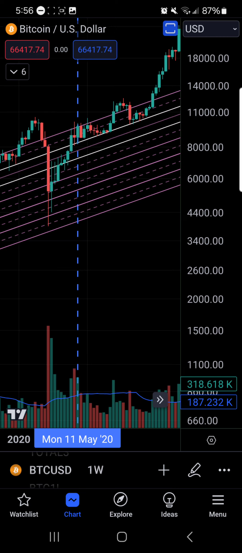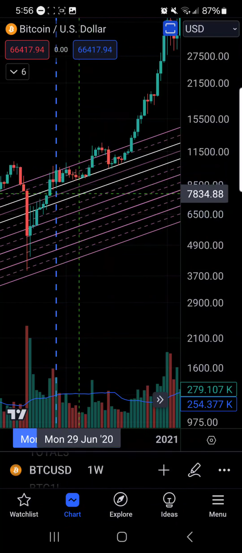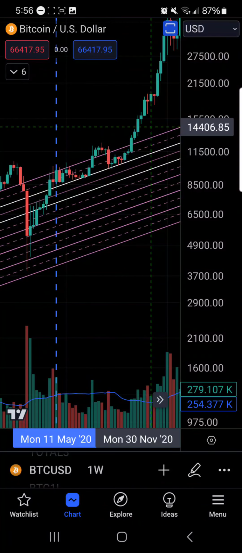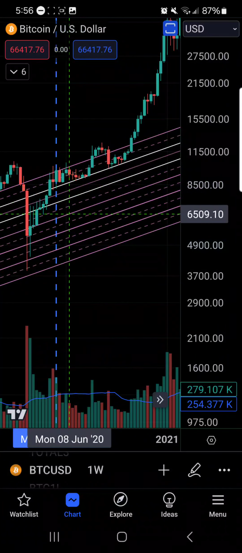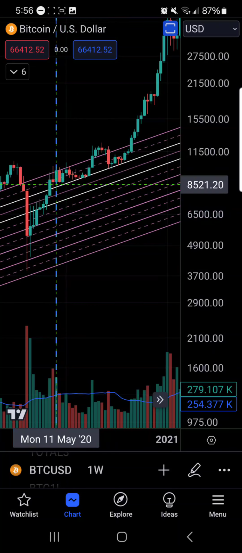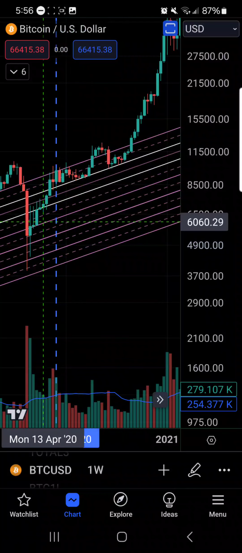Now the point I'm making here is that after the halvings, a couple months, 3 months after the halving, we start our parabolic run. But before doing so, the market wants to get rid of all the excess leverage, weak hands, all that kind of crap. So we would dump. Before pumping, got to have a dump, a capitulation dump.